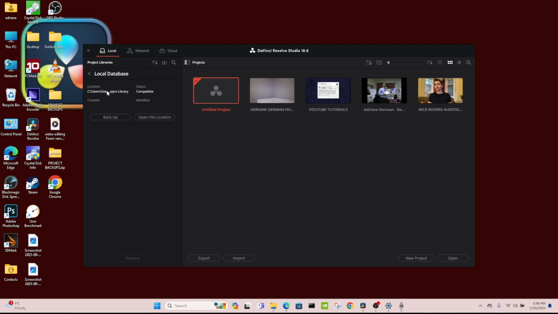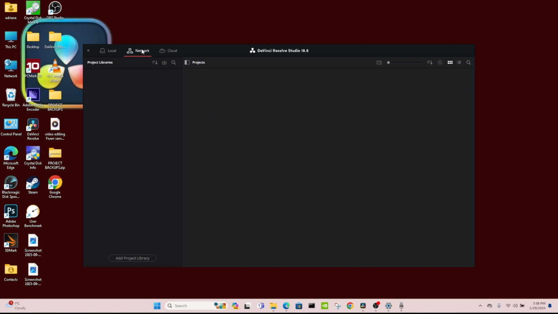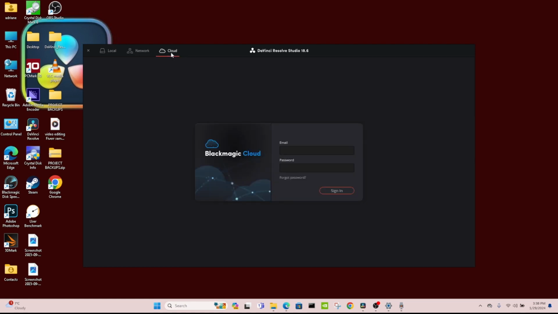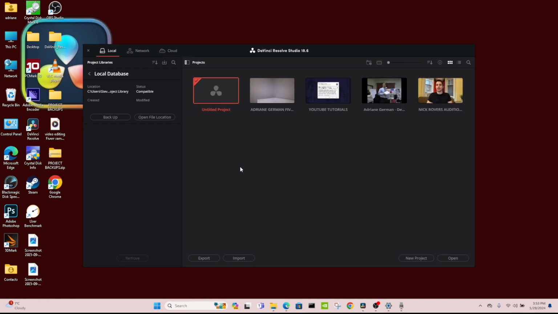I've also seen people put their project library on an external drive. So I'm going to go through that in another tutorial. So we got your network drives, but that's usually if you are connected to a network, and it looks like they've got a cloud, which would probably be really beneficial. Your projects will probably be saved to it. I have never tried the Blackmagic Cloud. I did pay for it, so I should probably try it out. At the moment, we're just going to stick to learning the interface.